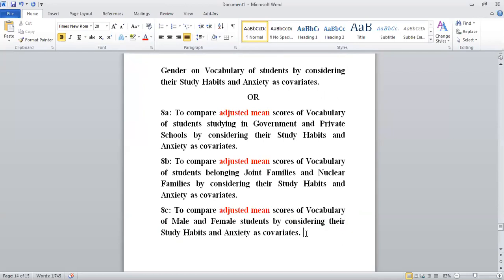So these are the three main effects, the objectives for the main effects when you want to write them by using the word adjusted mean. So this is how you have to write them. Then your